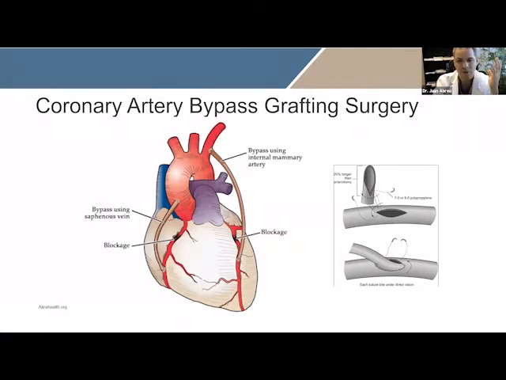Have we done 1.25 millimeters? Yes, we have, but not by choice. Sometimes you misjudge the size, but then you have to do it either way. But we have known that the bigger the size of your coronary vessels, the longer the patency of that connection is going to be. If you put it in an artery that is too small, it's not going to stay open too long because there's going to be a lot of resistance to the flow going through.